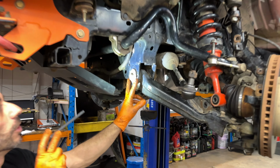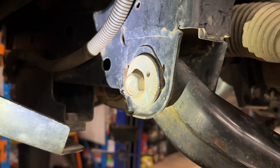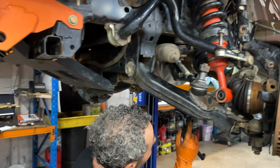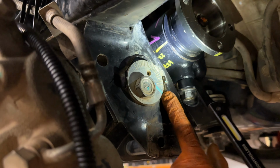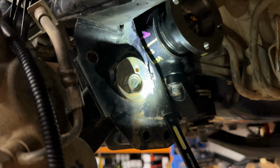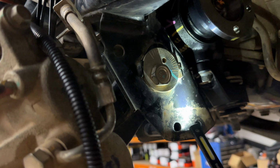The kit will reinforce those two locking tabs, the adjustment tabs for the camber and caster bolts on the lower control arm. The reason I'm fitting those on mine is because they are bent. They bend, basically all of them. There is a little bend in here and also on this side as well. I've also noticed the adjuster washer has a gap between the tab, which makes me think it could possibly deliver a few degrees of miscellaneous on my wheel